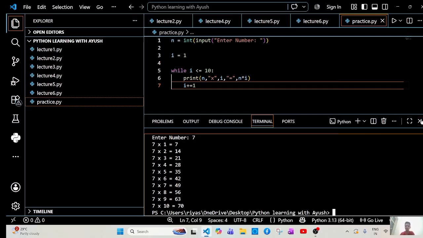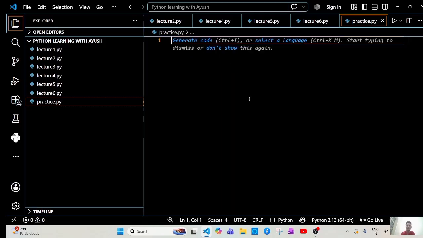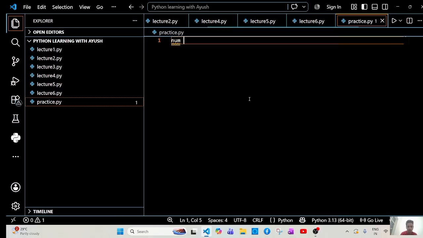So next our coding program will be: print even numbers from 1 to 20. Many students solve this using an if statement, but there's an even easier way. Since even numbers increase by 2, we can directly increment by 2. Like num is equal to 2,